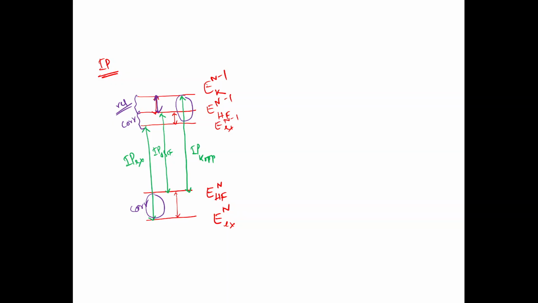But if you are taking out electrons from the core, let's say you have a water molecule and you are taking an electron from the 1s of oxygen, now you are disturbing the system too much. So in that case, your relaxation will be much higher, and your Koopmans will be worse than it was for the valence. However, for the EA,